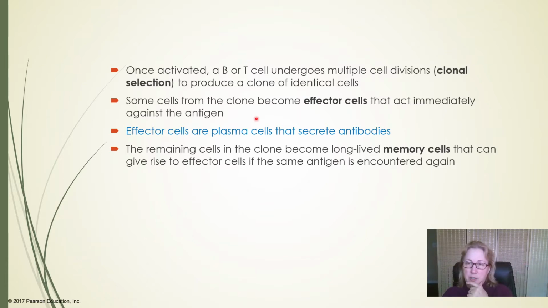receptors, these antigen receptors. But as the cell divides, some of the cells are going to have different fates. Some of those cells are going to turn into plasma cells that are going to start to secrete antibodies. Other ones are going to turn into memory cells. And the memory cells don't secrete antibodies, but they sit there and they wait to see if this is encountered